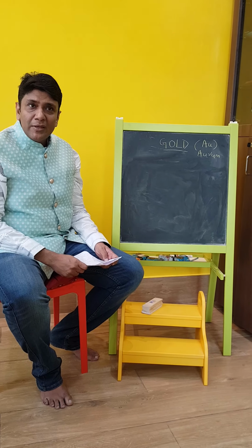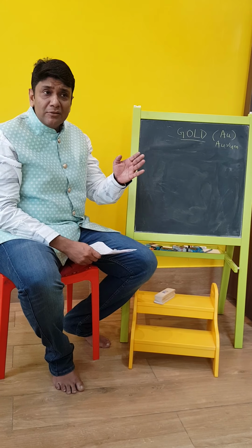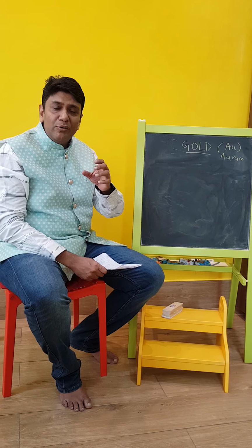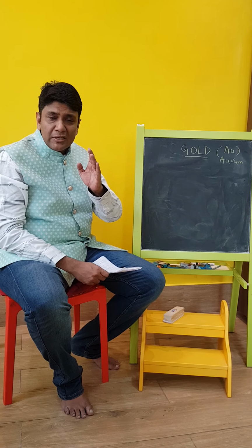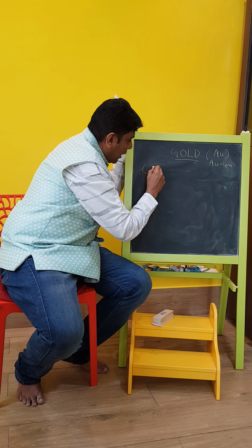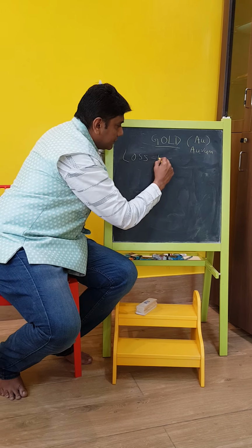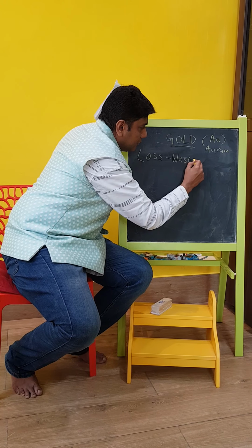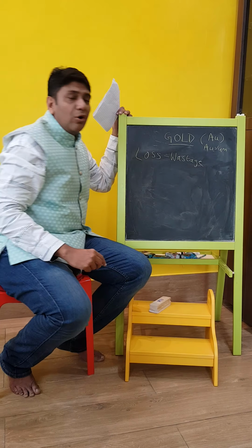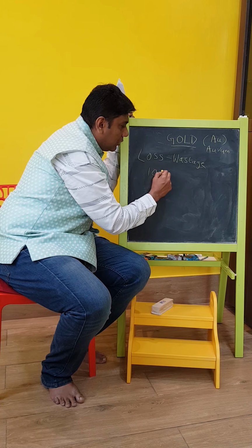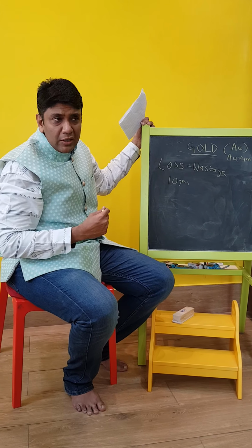Okay, to start with, as I mentioned, the raw gold undergoes many different processes in order to come into shape and finally become jewelry. During this process, some extent of gold is lost. I would call it loss. In our terminology, we call it wastage. For example, if I give 10 grams of gold to the worker, raw gold, he draws